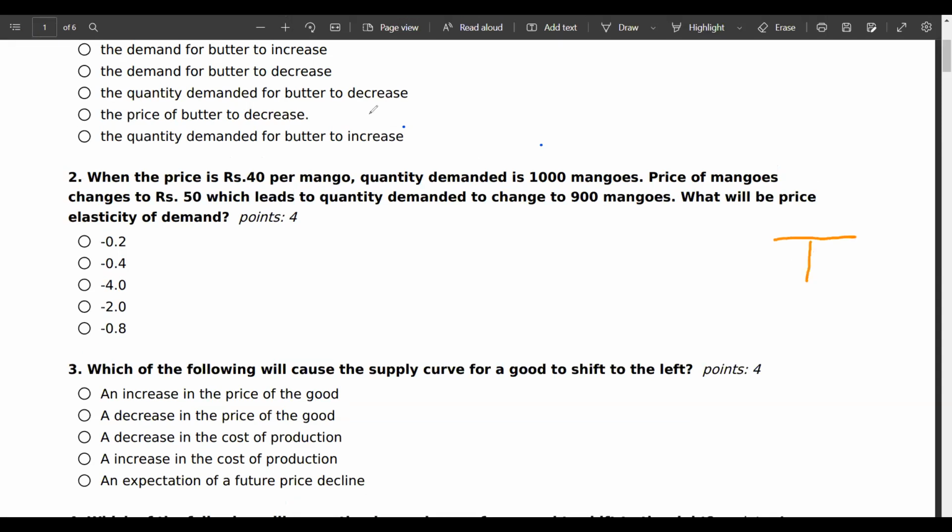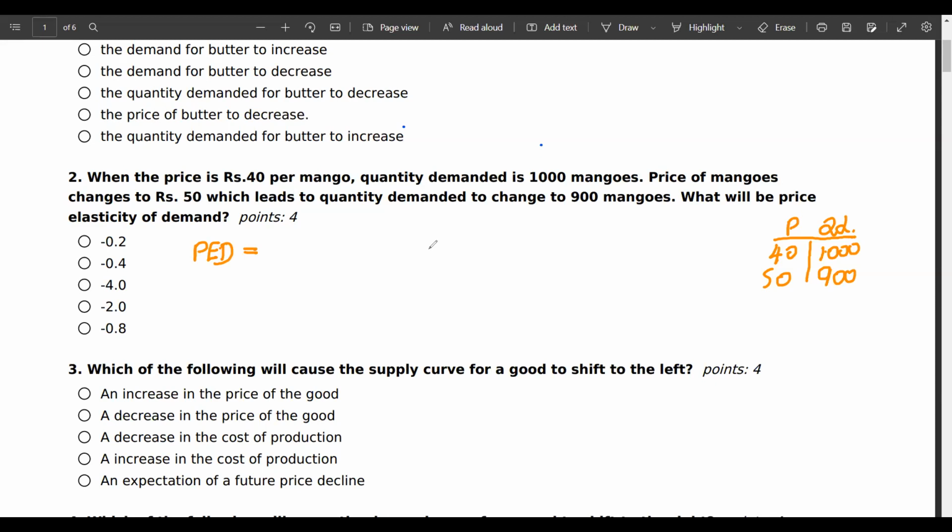If I just draw a demand schedule, it will look something like this. Price, quantity demanded. Price at first is 40. At that time, demand is 1000. Then price goes to 50. At that time, demand comes down to 900. And they are asking you to just measure the PED. Now, remember one thing. In these situations, when they say price is changing from one to another, and as a result, demand is also changing, and they ask you to find the PED,